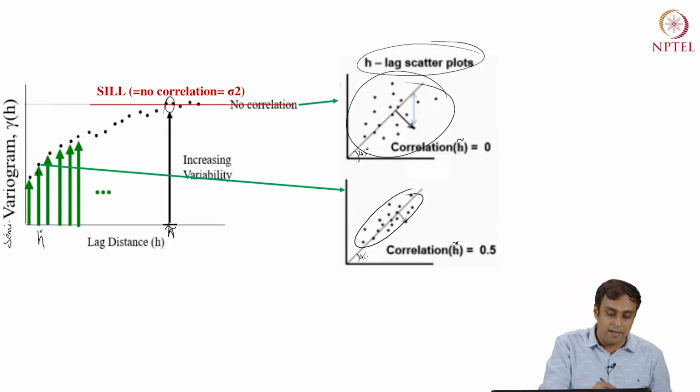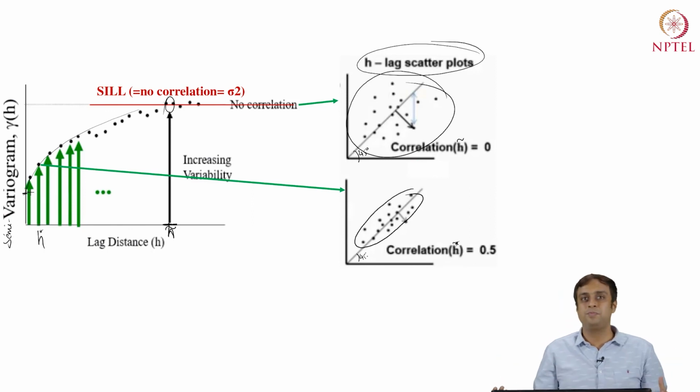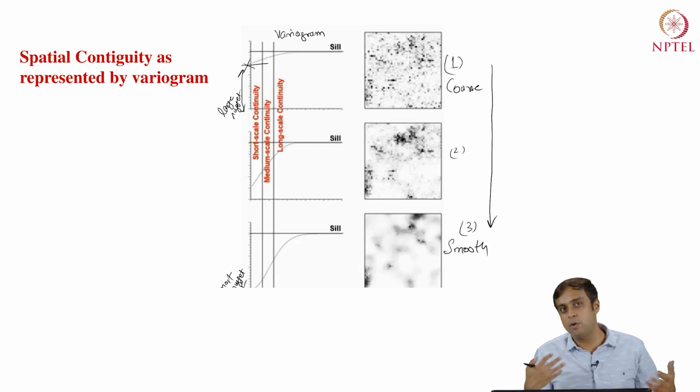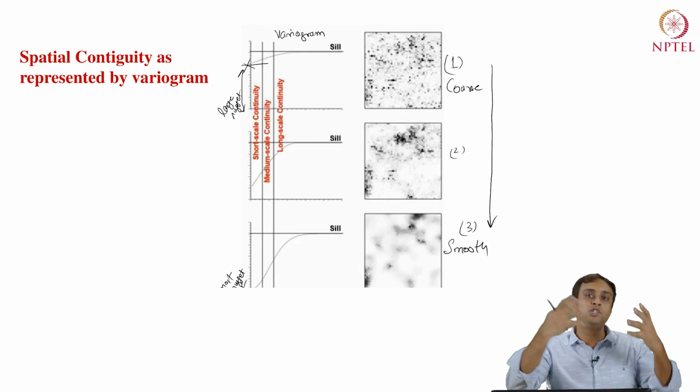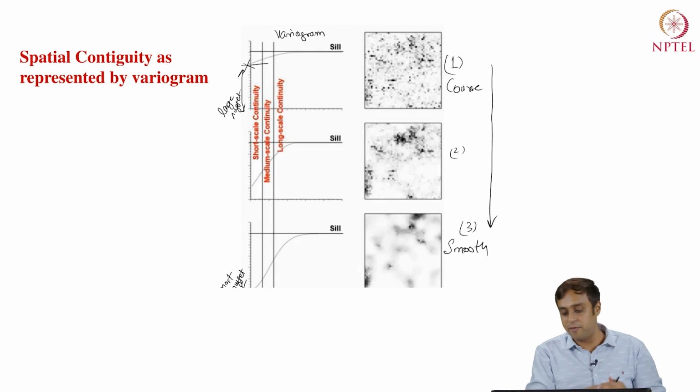So, when you calculate or estimate a variogram, given the shape of the variogram, for example, if I have a variogram which bends down to this value, it seems like the data are going to be quite coarse from the example that we were looking at previously, right. And if you have a situation where the nugget effect is small, you are perhaps looking at a very smooth image. So, the visual and graphical understanding that the variogram encapsulates is very clear from this slide. These data are coming from Perch and Dersch 2014, but they are very informative in the sense of what to expect of a visual image if you look at the variogram and vice versa.